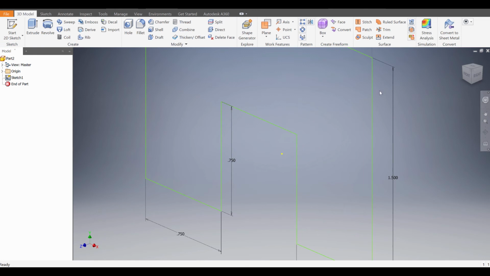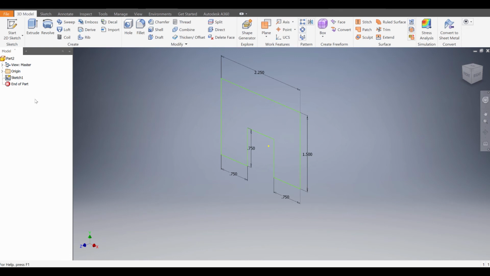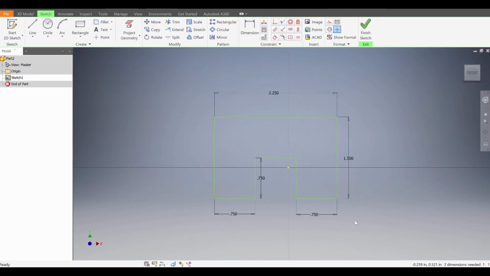So right now we just closed out that sketch by clicking that button there. If you realize you did something wrong, don't worry about it. Just go back to the sketch. So you'll notice it's right here, my sketch 1. It even lights up the sketch. And you could double click on it really fast and you'll get back into that sketch mode and you finish